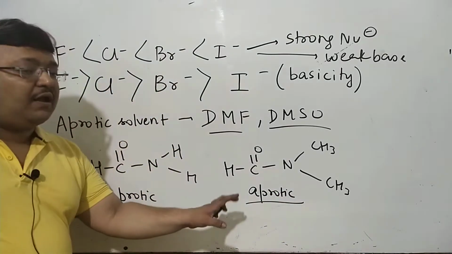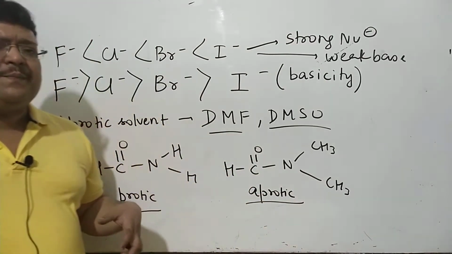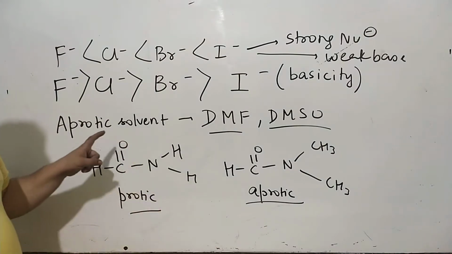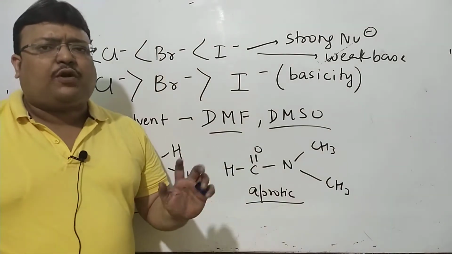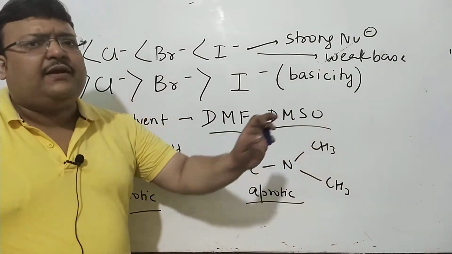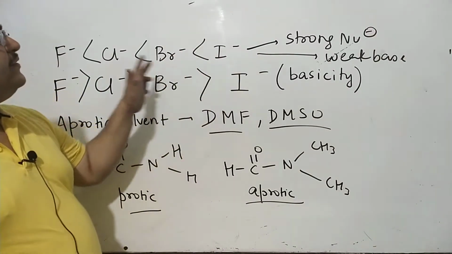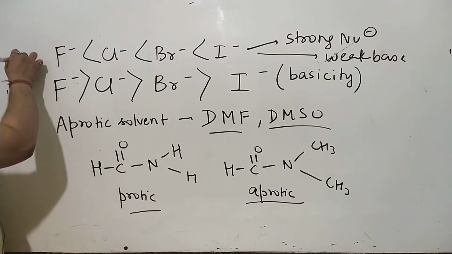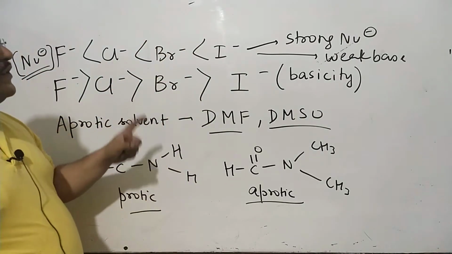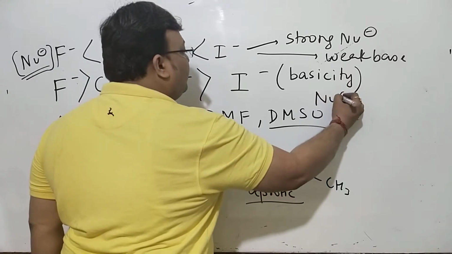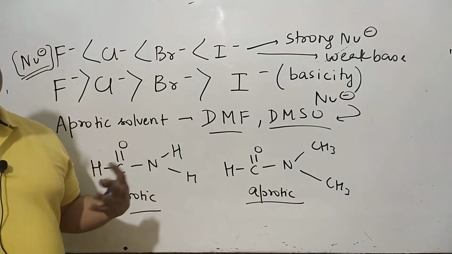So when the solvent is aprotic, a lot of phenomena involving solvation or hydrogen bonding cannot occur. Then again some peculiar things might happen, and you will want to know this. This will be an advanced question. For an aprotic solvent, the order of basicity and nucleophilicity will again become the same. In normal circumstances, in a protic solvent, the orders are reverse, but this could also become the order of nucleophilicity provided it's a solvent like DMSO or DMF. Again, this is an advanced concept which you'll want to know.